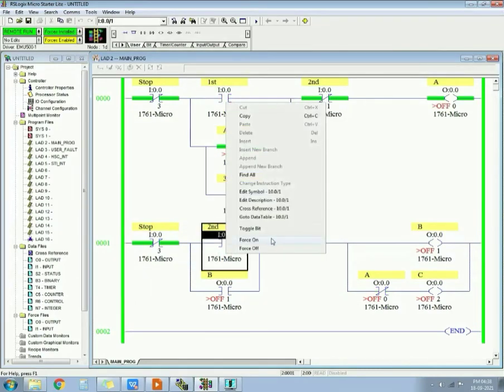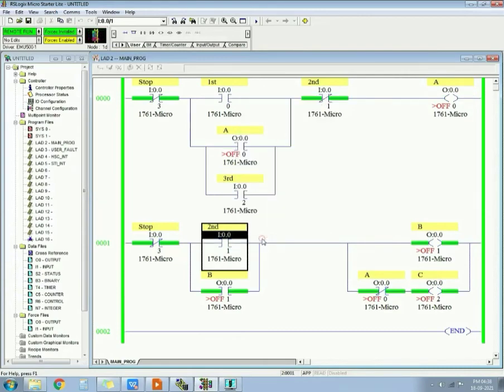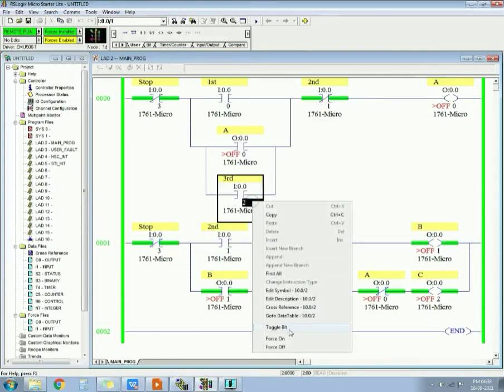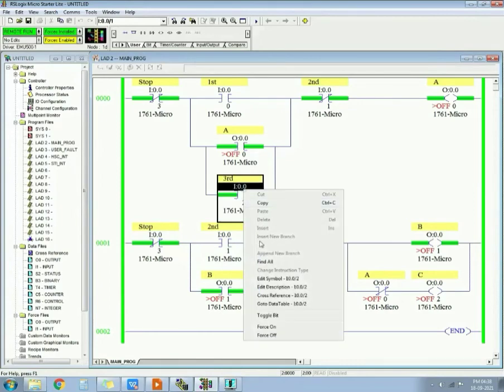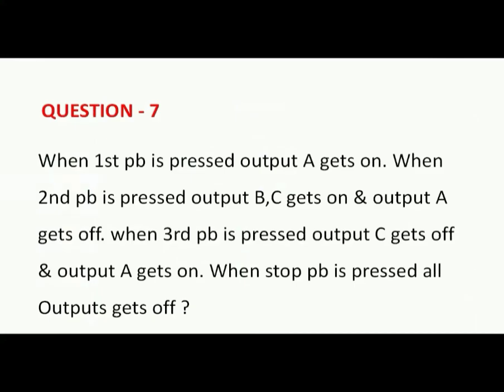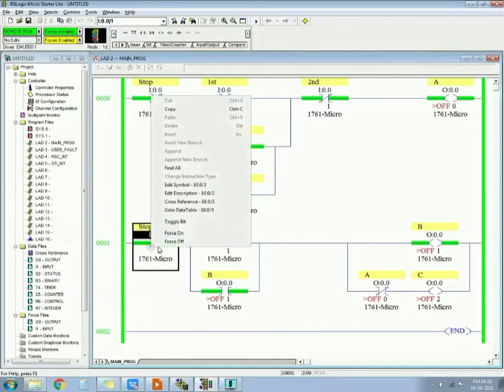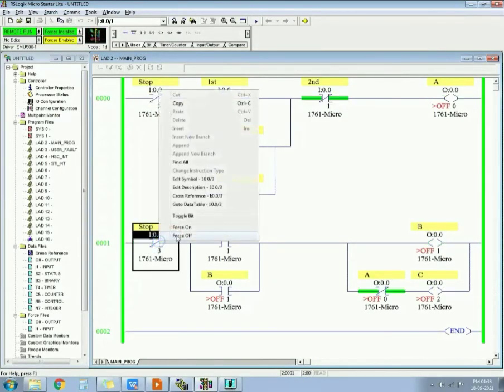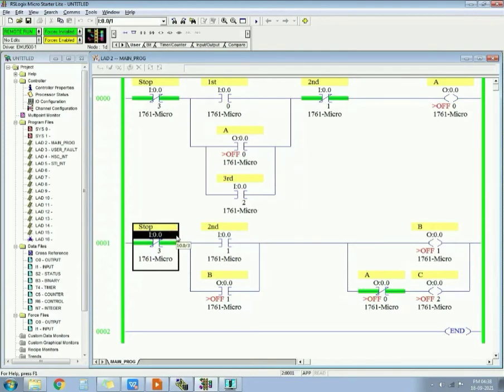First push button pressed, output E gets on. When the second push button is pressed, output BC gets on. And when the third push button is pressed, output A again gets on, output C gets off. See, now A is on, and when A is on, C gets off. And the last part is when the stop push button is pressed, all outputs get off. So this is the stop push button. When you press it, all outputs get off.